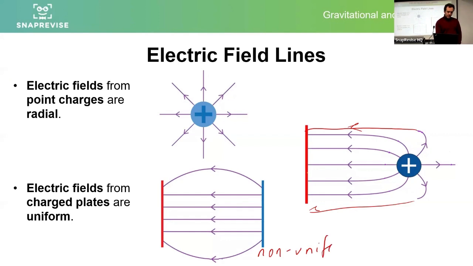And so that's why we tend to study charged plates where the plates are very close together, such that the scale of their separation is way smaller than the scale of their width. This side it's radial,